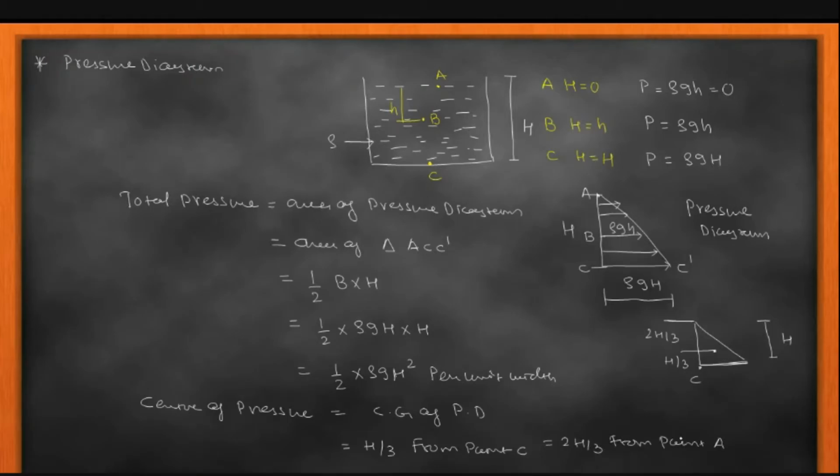So this is for the tank and the vertical surfaces or the vertical geometry. Now we go for the immersed inclined surfaces. So let me take the one free surface. Water is there, and we have a certain surface which makes an angle. This angle is theta. So this is the A point.